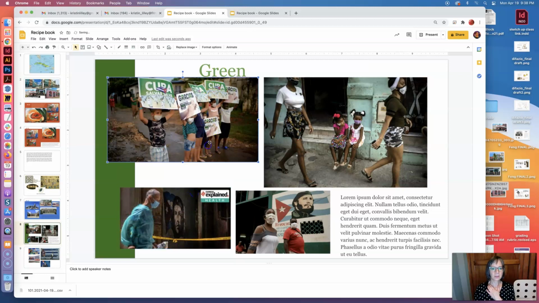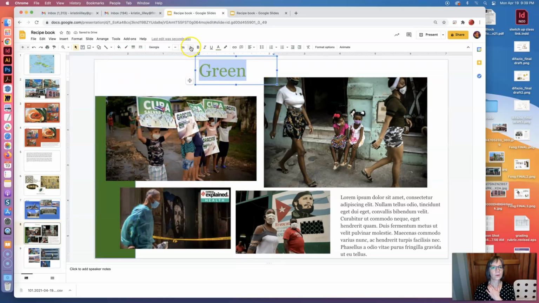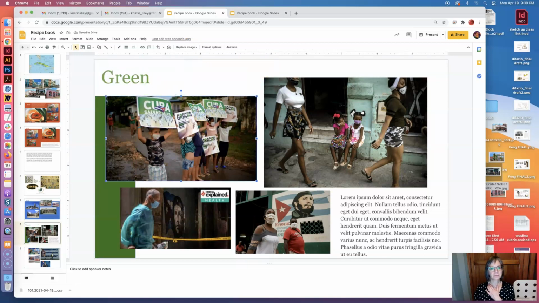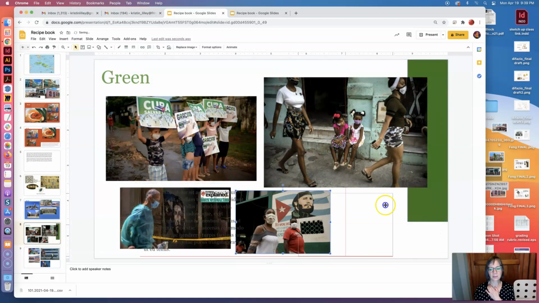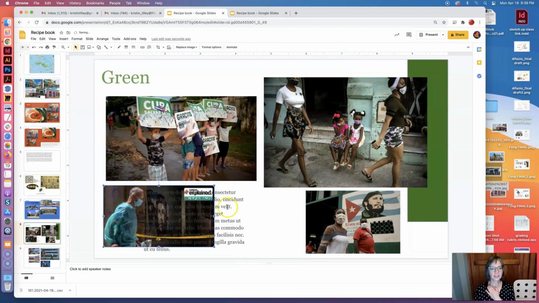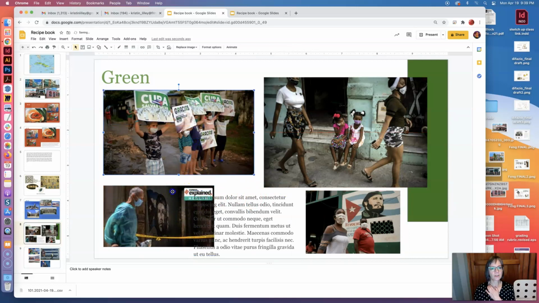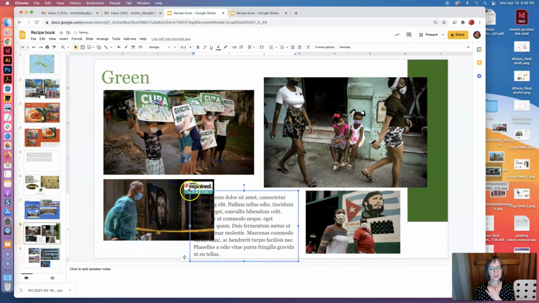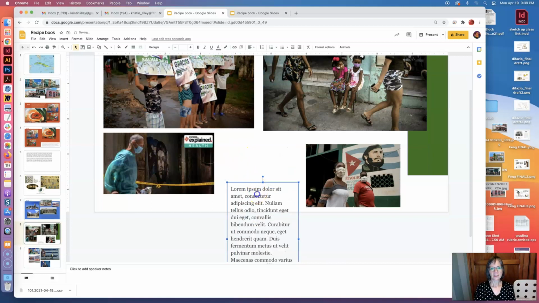So maybe what I do is I pull these down, and maybe this green line ends, and it allows me to make the word green bigger and sit up here separate from it. Or maybe I pull this green bar and put it over here, and my text ends up falling in between here. So now that I've sort of thrown this together, this seems like a much more fluid layout scheme that could work really well, because on some of them I could have this text